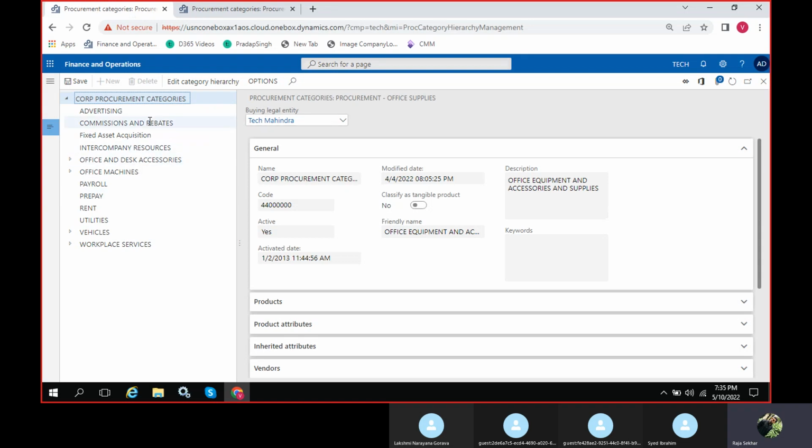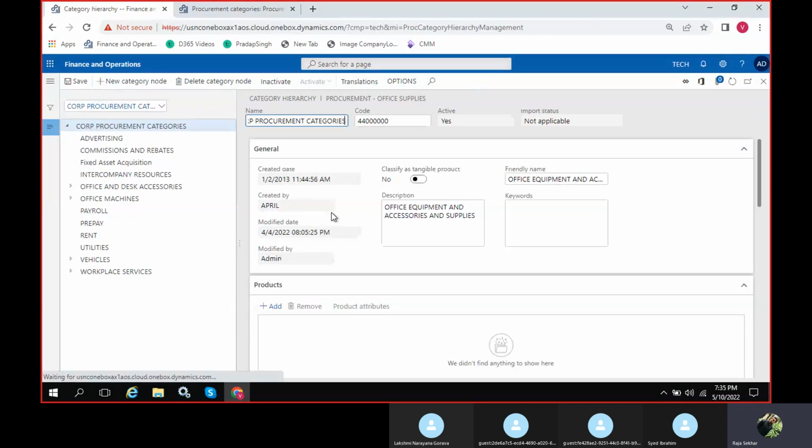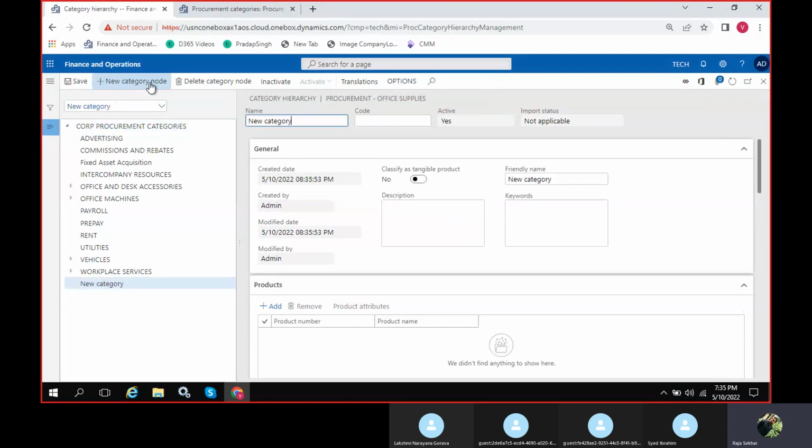Okay, then we'll just create it. Edit. New category. Prepayment.